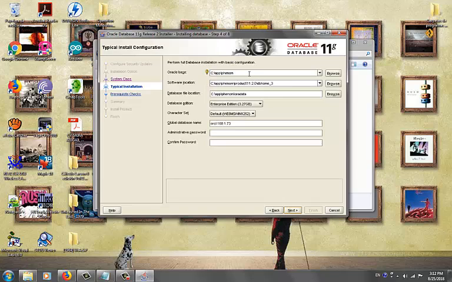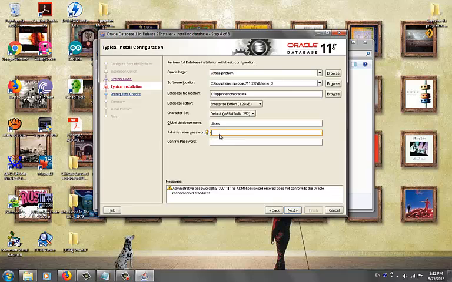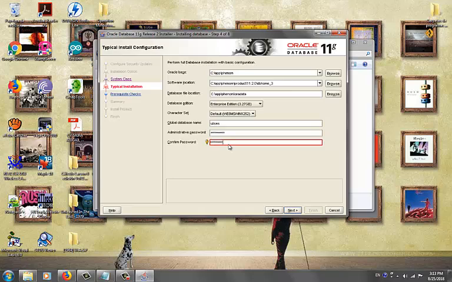If you want a custom location you can change it here, but I recommend not changing anything here, just the global database name, whatever you want, and a password. And we click next,